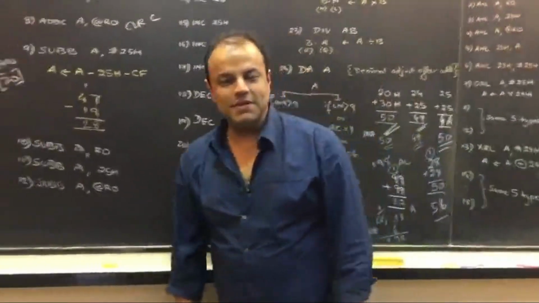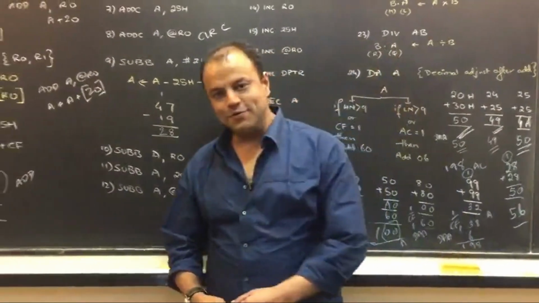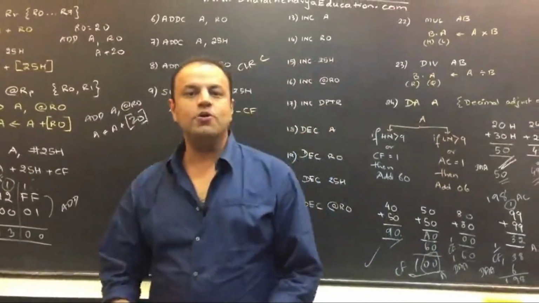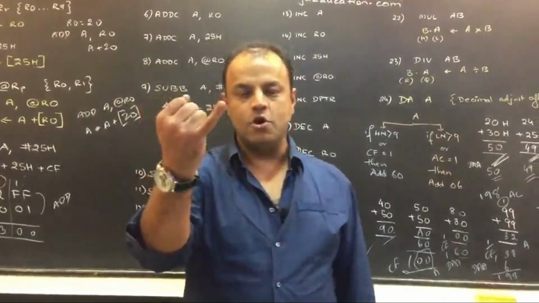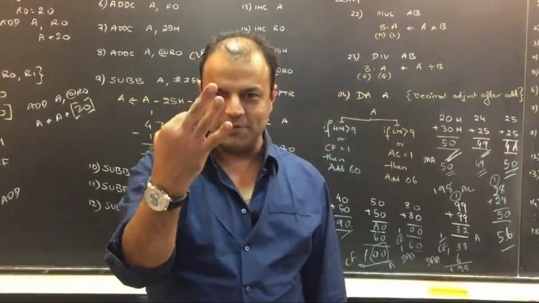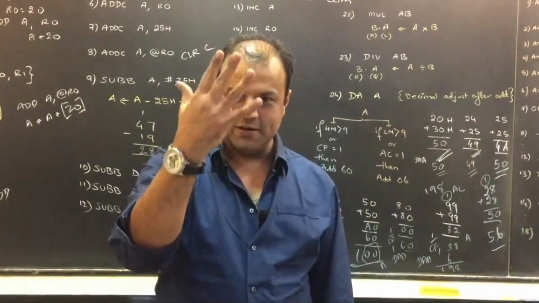That's DA instruction. With that, we finished the first group. That's called arithmetic group. I hope you understood every instruction. So what all did we cover? Don't look there. What did we cover? Normal add with carry, subtract with borrow, increment, decrement,